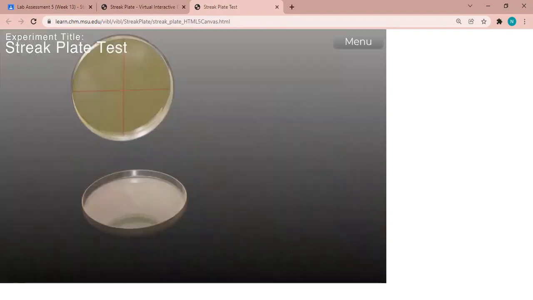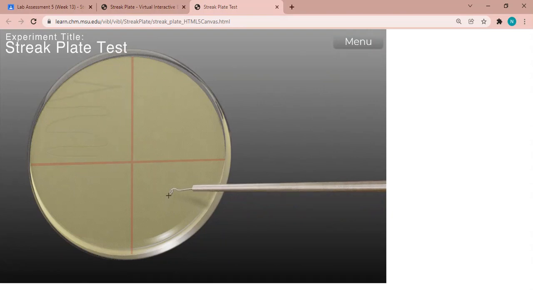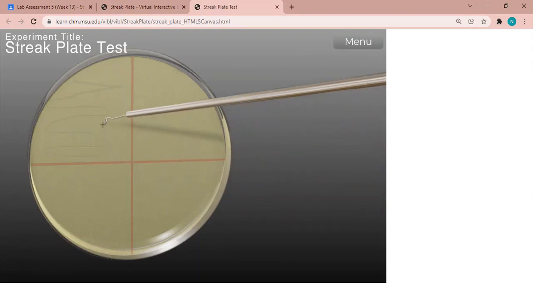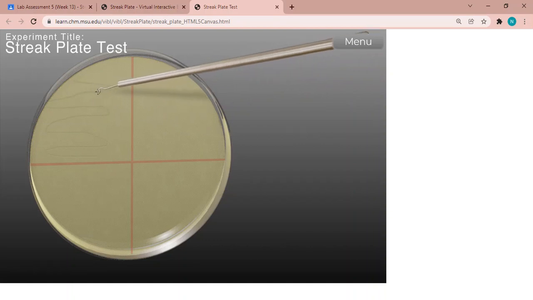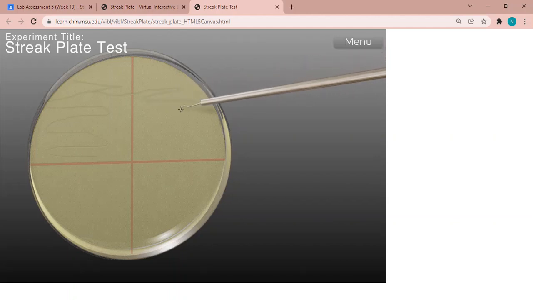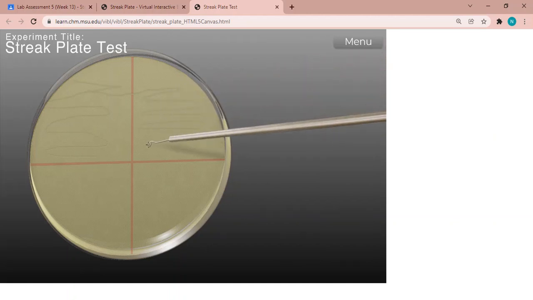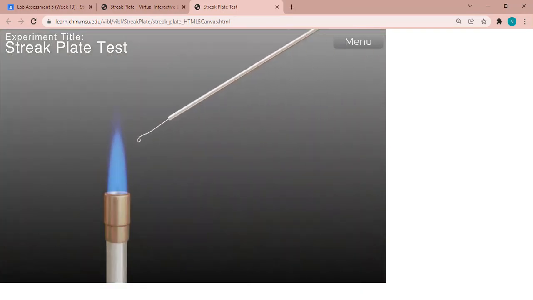Then turn the plate 90 degrees and lightly sweep the loop 1 to 2 times through the inoculated area. Then streak into the next quadrant without overlapping previous streaks. Okay, streak straight into the next quadrant. Okay, like this. Then sterilize the loop again